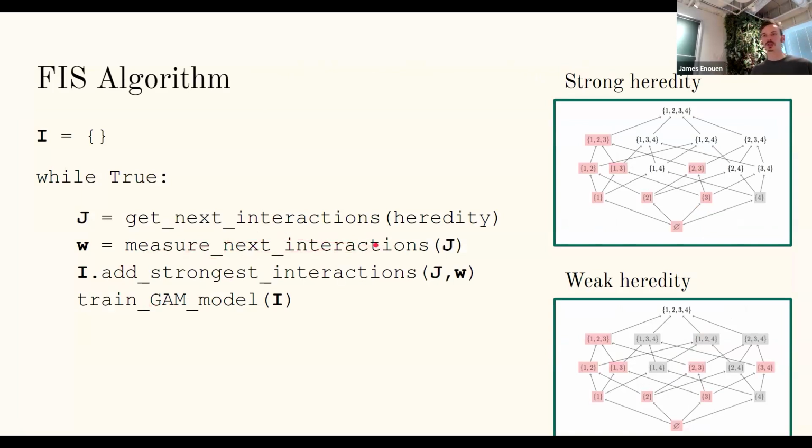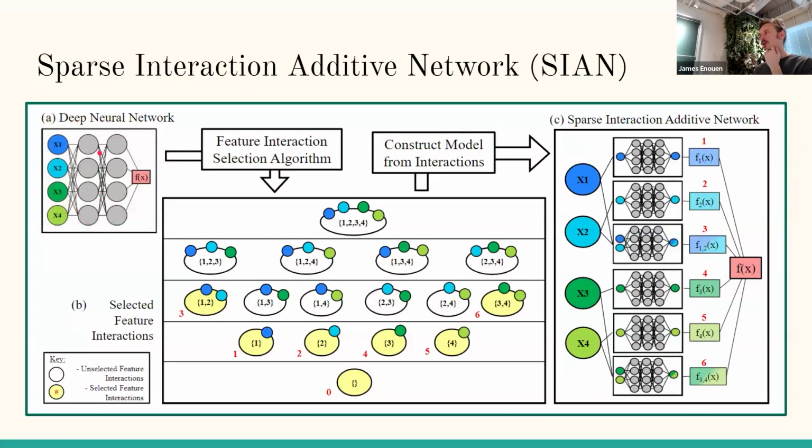So I told you there's the Sobol variance decomposition, which is a measurement of the feature interaction strength. But in practice, we need some approximation of that. Even in the case where it's correlated, it won't perfectly correspond to the Sobol variance decomposition anymore. So what do we do? What we do is first we just train a vanilla neural network, and then we apply some explainability technique on top of that to get the insights from the model. So we're actually training a deep neural network. We're seeing, hey, which interactions do you think are important?